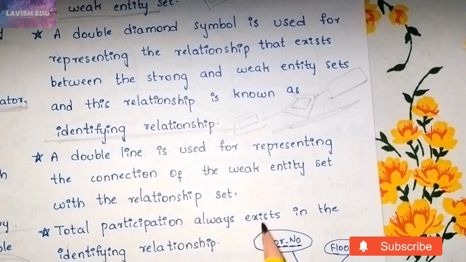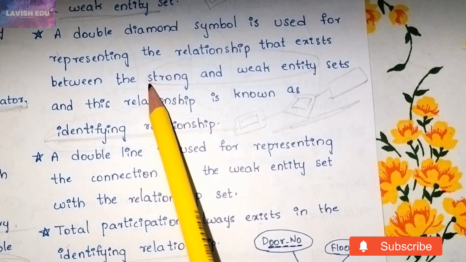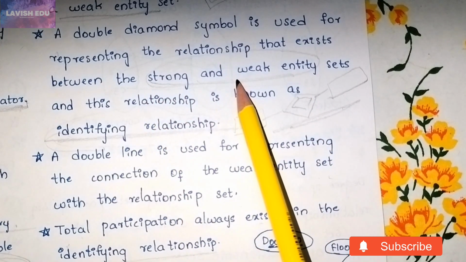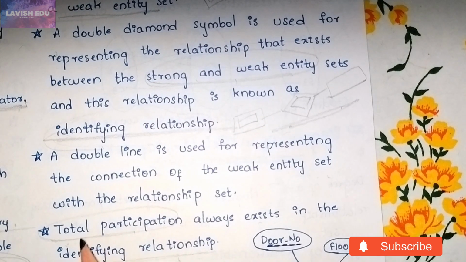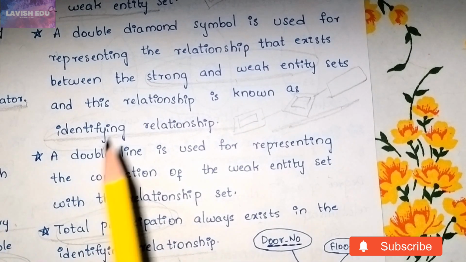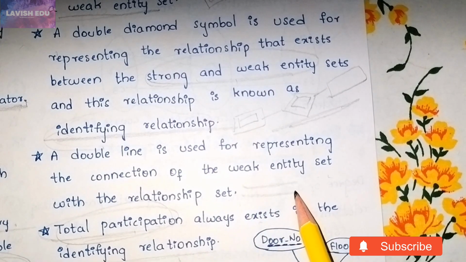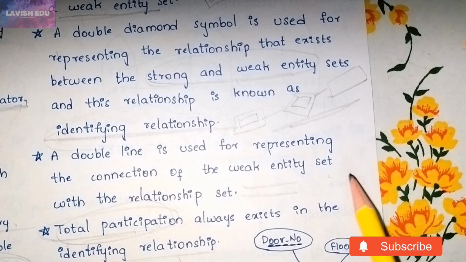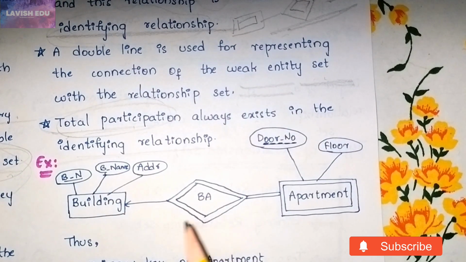Next, total participation always exists in the identifying relationship. Identifying relationship in the sense a relationship formed between the strong and weak entity sets, and there will always be total participation in these identifying relationships. What is this total participation? We have already seen that total participation can be represented by double lines, whereas partial participation can be represented by a single line. In the below example,